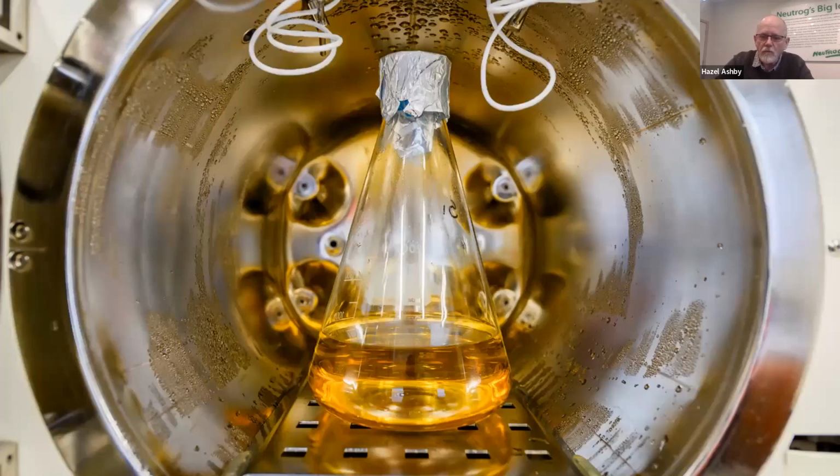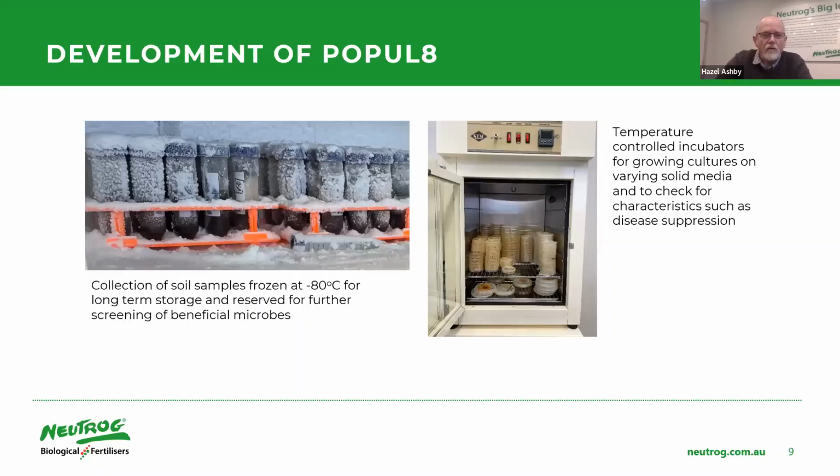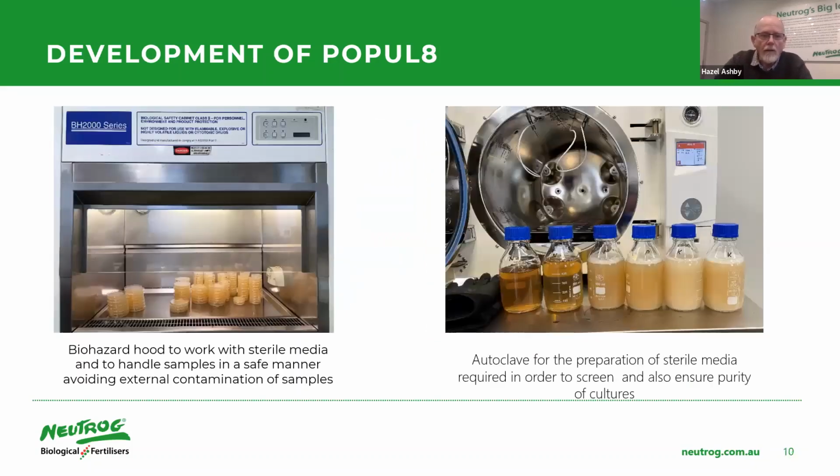That's just a little picture of the inside of an autoclave if anyone's interested. So in order to be able to make a product like this, we obviously need quite a lot of equipment. So what happens is we get soil samples in, we freeze them in a -80 freezer, very similar to the freezers that people might be familiar with from the COVID vaccination clinics, exactly the same thing, -80. We have incubators that allow us to grow microbes in controlled conditions. We have biohazard hoods, so in order to be able to grow things in a safe manner, and also in order to be able to keep things sterile and nice and clean, we often work inside a hood. And we have an autoclave so we can actually make that media.